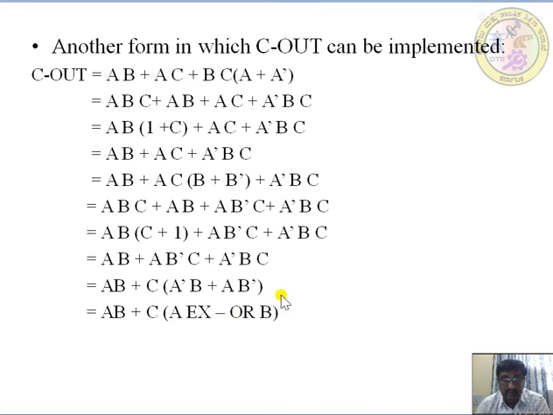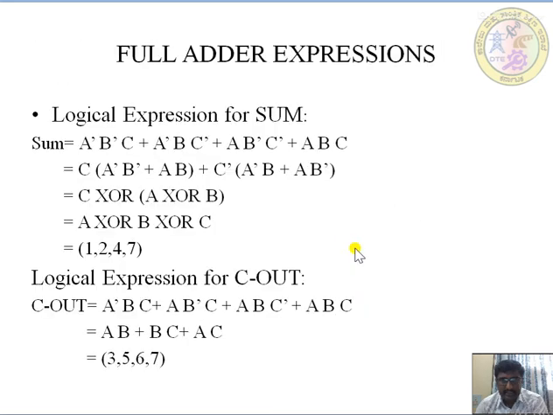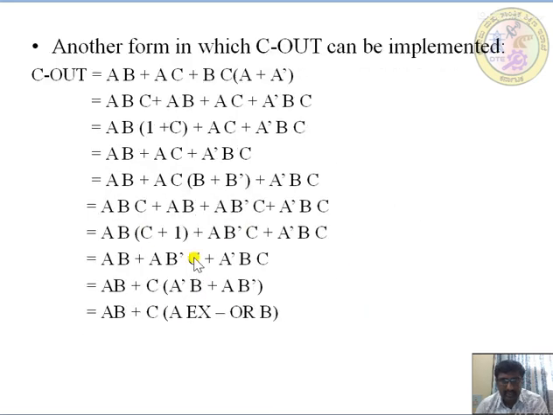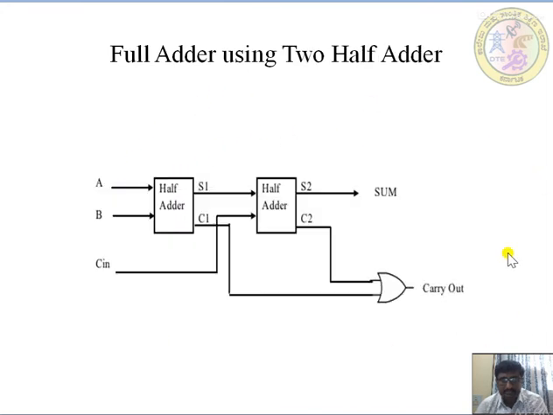Okay, so this one is taken where people are designing a full adder using 2 half adders. At that time, how the COUT expression will be taken will be covered in the next slide. Okay, so full adder using NAND gates only. This is what they have drawn. By using these expressions, what will I be getting? Depending upon that, after reducing by using De Morgan's law, only by using the NAND gate.